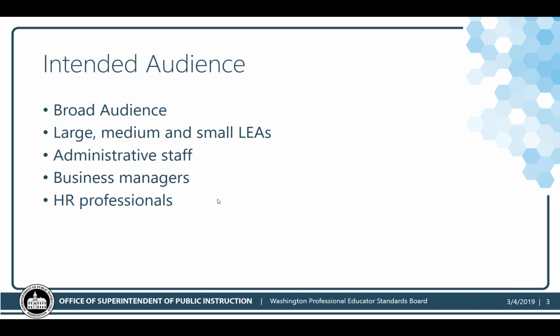So who should access the materials? Essentially, anyone in your district who takes part in the recruitment, hiring, and induction of your educator workforce may find this to be helpful. So it could include business managers, administrators at the building or district level, if they have anything to do with hiring in their buildings, HR professionals, etc. It's going to look different in each district depending on who's involved with the recruitment, selection, and induction of your